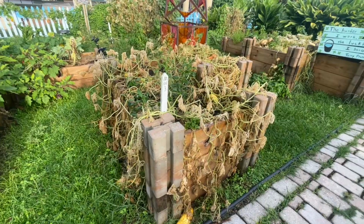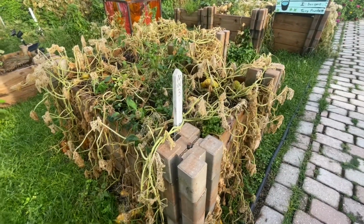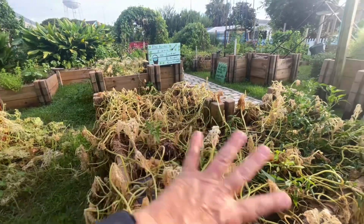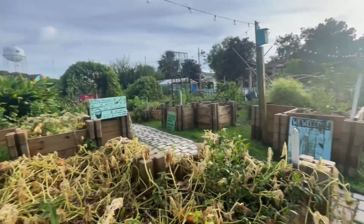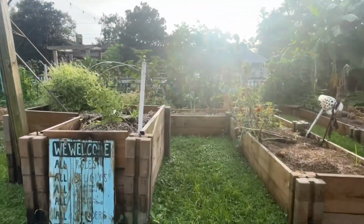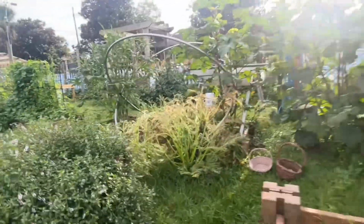It has been 1 week since I've been here, but the garden has been decimated by these worms. You can just see all of the cucumbers, cucurbits, all the cucumbers, squash over here, and here's the worm. I should know what it is, but